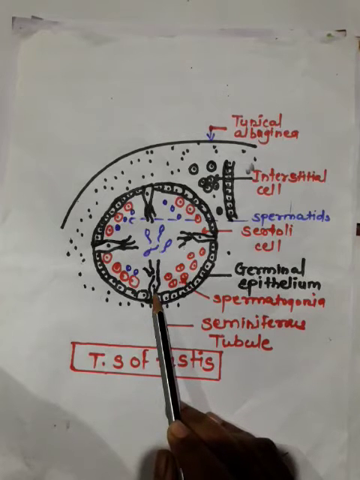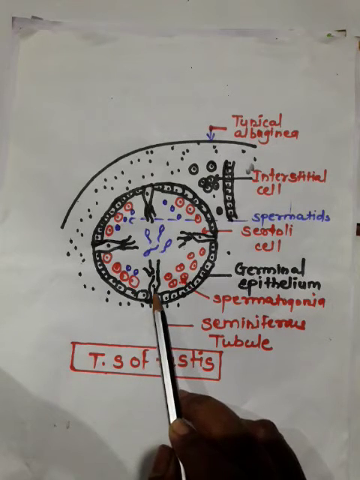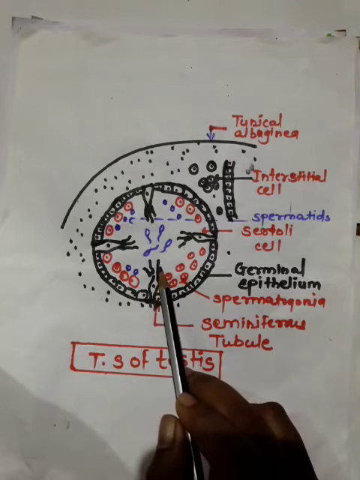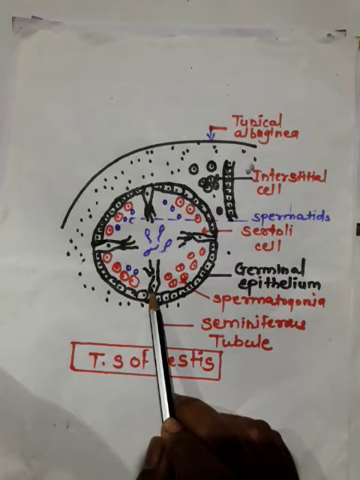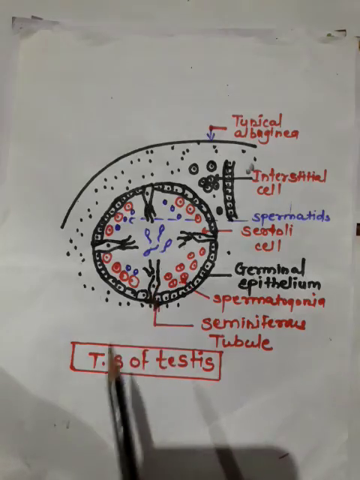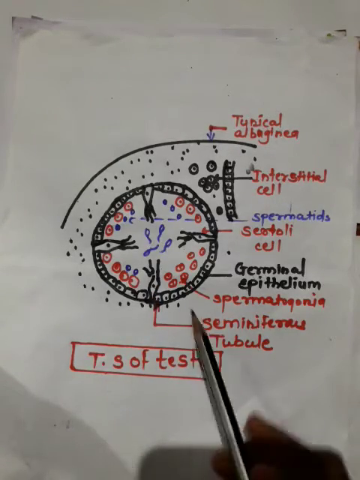Few large and conical cells are present at regular intervals which are called Sertoli cells. The sperms are found attached to Sertoli cells. Sertoli cells are rich in glycogen and provide nourishment to the sperm, so they are called nurse cells. After getting nourishment, sperms are released from the Sertoli cell, called spermiation.